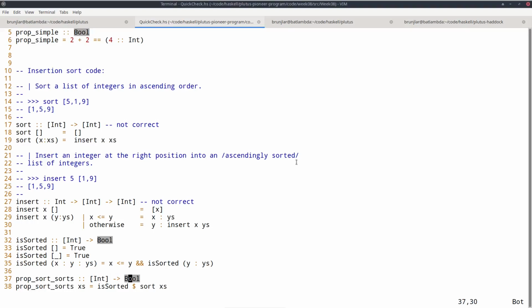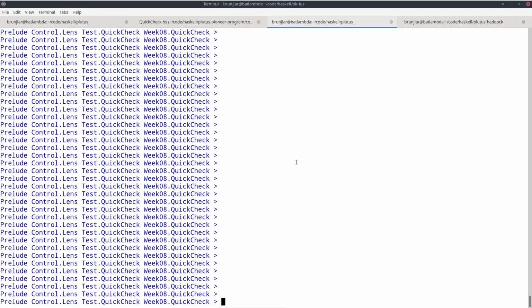So you can read that like a specification or like a mathematical property. Basically, it says for all lists of integers xs, if you apply sort to it, then the result should be sorted. And QuickCheck can deal with such properties. So I can try that in the REPL and apply QuickCheck to this new property, sort sorts.